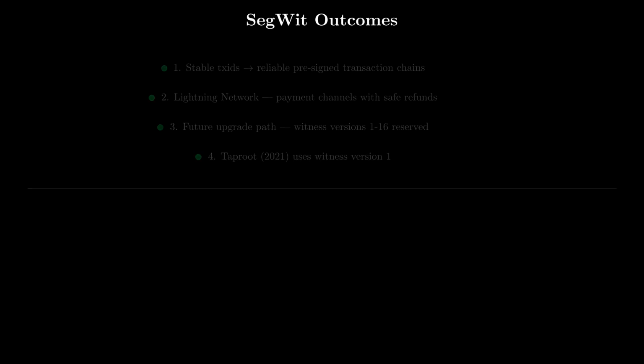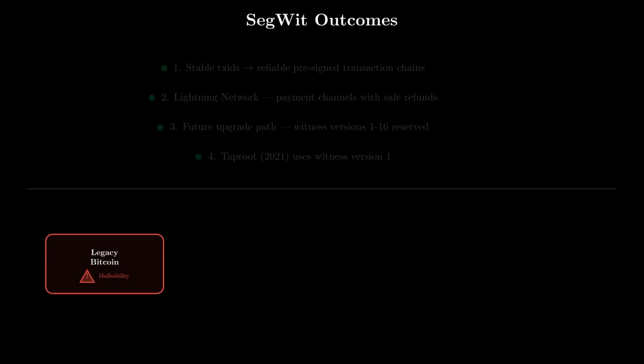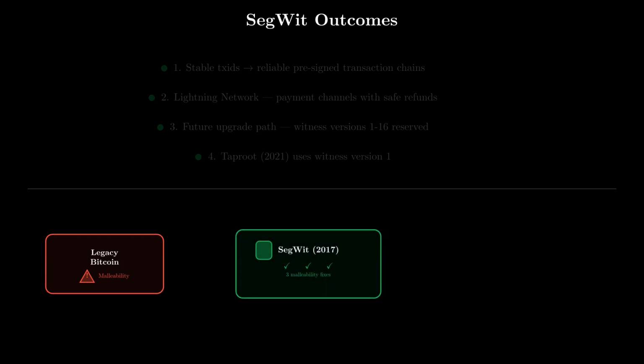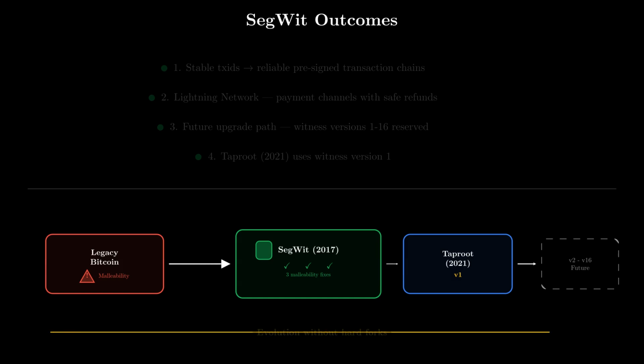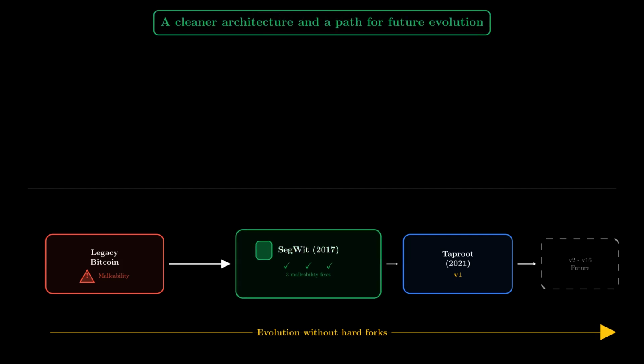Let's see this as a timeline. On the left, legacy Bitcoin, marked with a red malleability warning. At the center, SegWit in 2017, shown with a green shield and 3 check marks representing the 3 malleability fixes. On the right, Taproot in 2021, using version 1, followed by dotted boxes for versions 2 through 16, the future. An arrow runs across the entire timeline, labeled evolution without hard forks. SegWit didn't just fix transaction malleability, it gave Bitcoin a cleaner architecture and a path for future evolution,